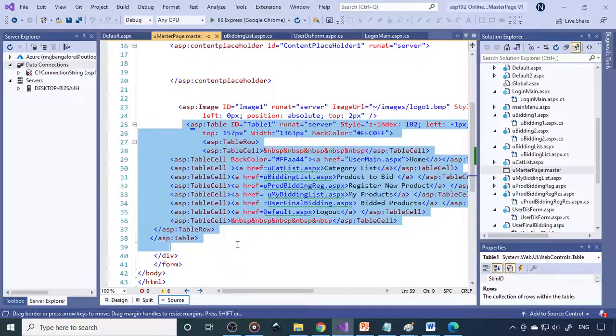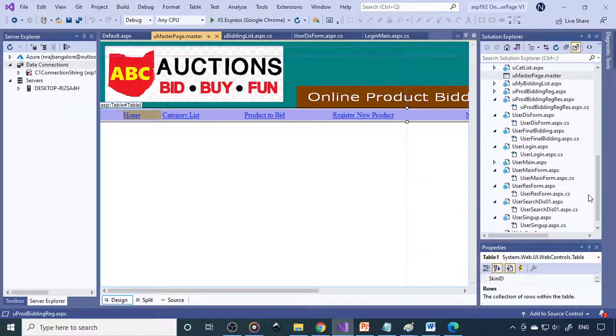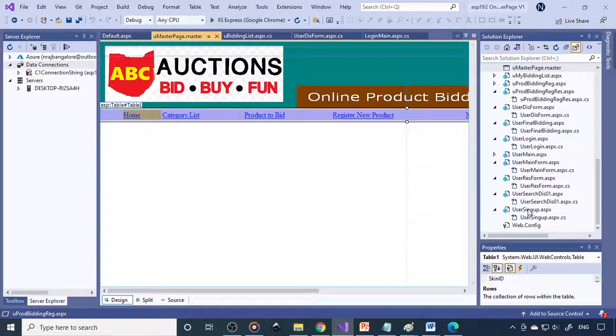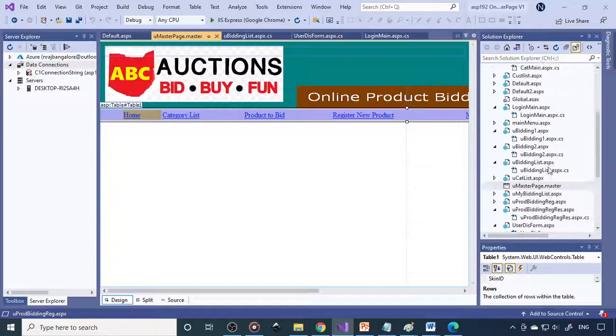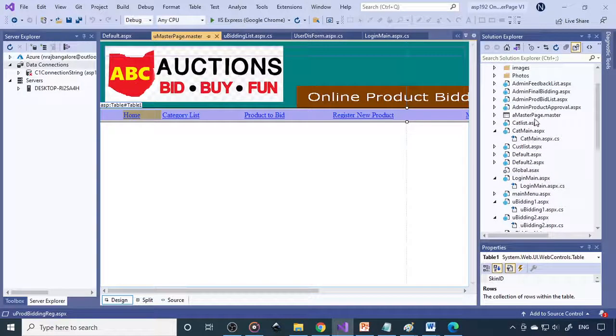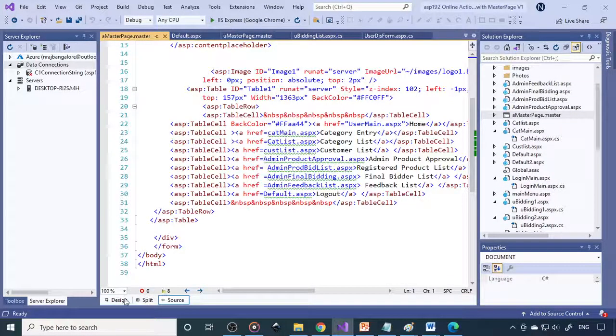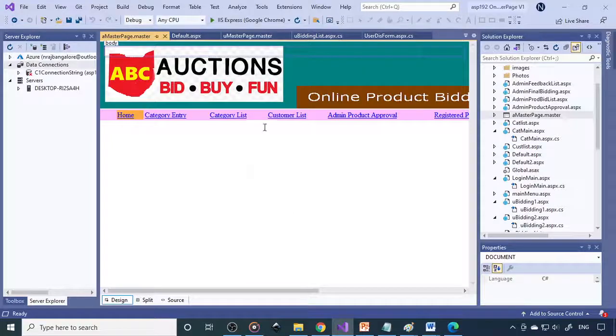So you need to write a table in ASP. This is the ASP coding, particularly HTML. So this is the table cell and the table concept. With that we can create the menu here, and in the same way there is another master page, the user master page. This master page will come always for every page, therefore you can make a master page and then utilize the options. But if it's compulsory, then definitely it will have a lot of benefit.